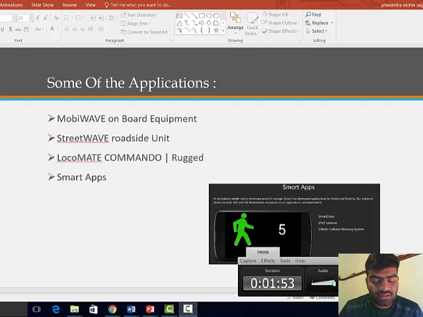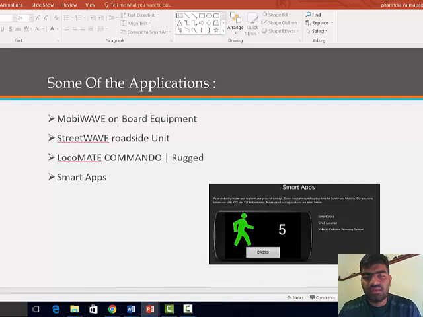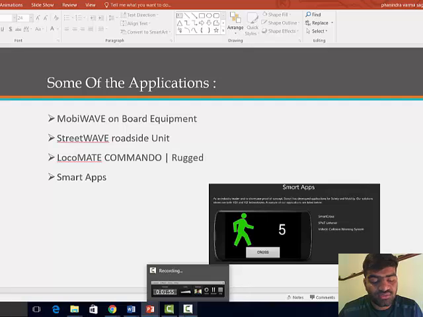So then comes our favorite part, smart apps. With the emerging mobile market, the application designers are designing the apps to integrate with the vehicles, and many of us know about the Waze app, right? So that tells us that if there is a police on our way, it'll alert us. So one application is shown in the figure,